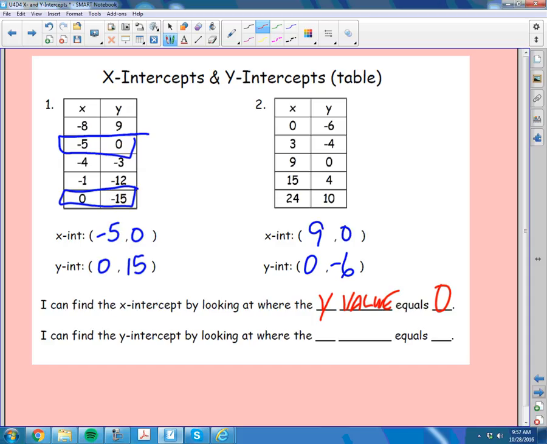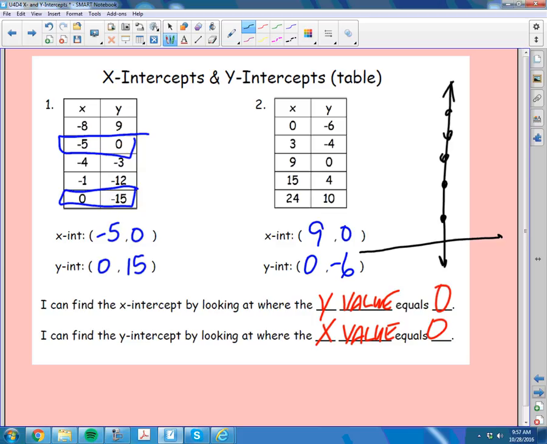That doesn't change anything, it just means the x and y axes and the x and y intercepts. Same thing. Okay? You can find the y-intercept by looking at where the x value equals 0. And again, if you think about it from a coordinate grid standpoint, if you graph any point on the y-axis,